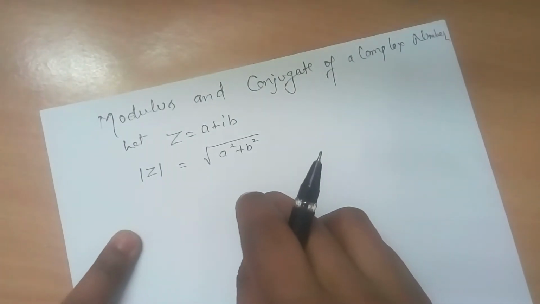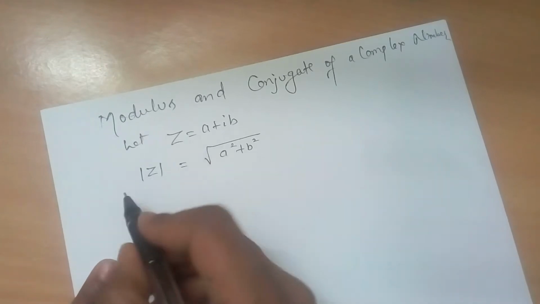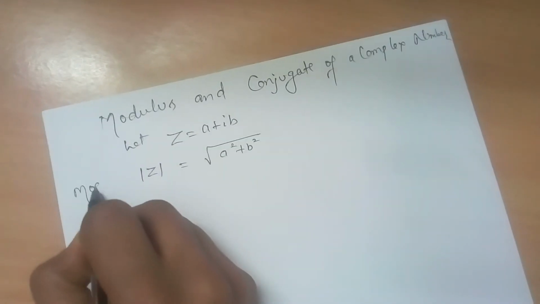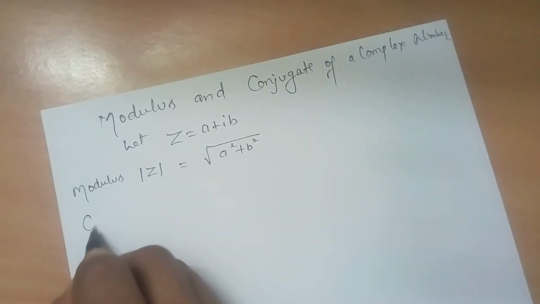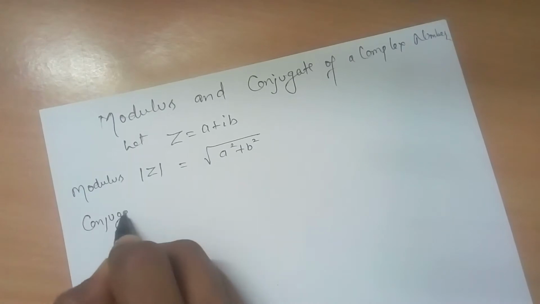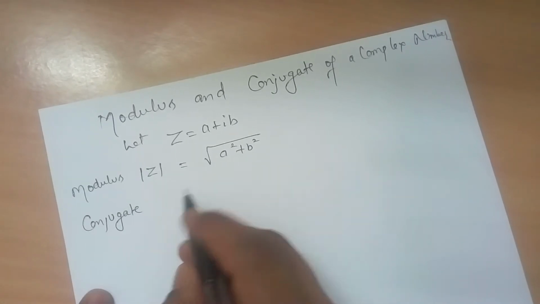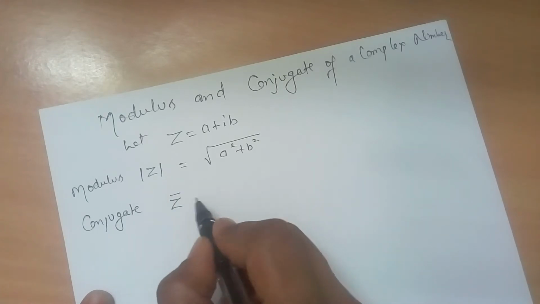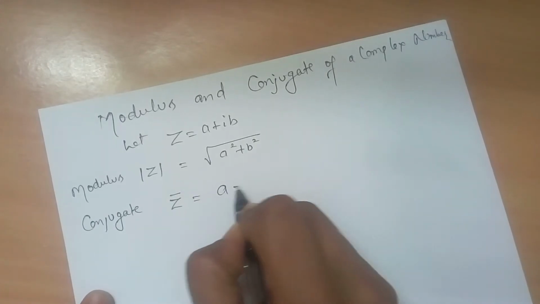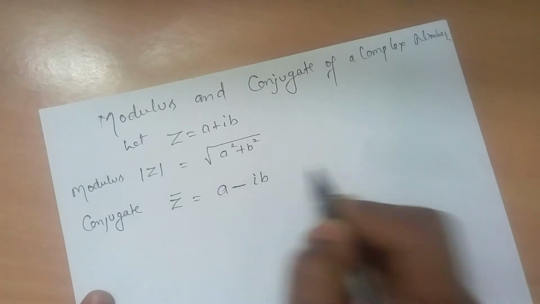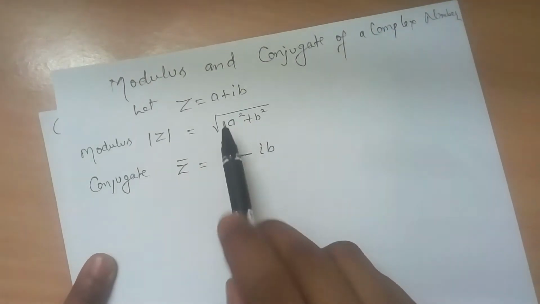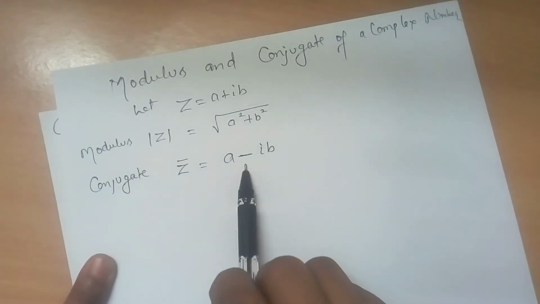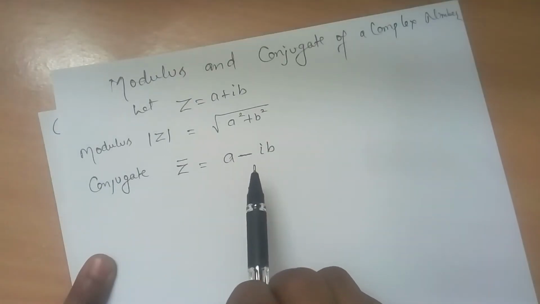Okay, and this is the modulus. And the conjugate of z is denoted by z bar, and this is equal to a minus ib. The conjugate of a plus ib is a minus ib. For example,